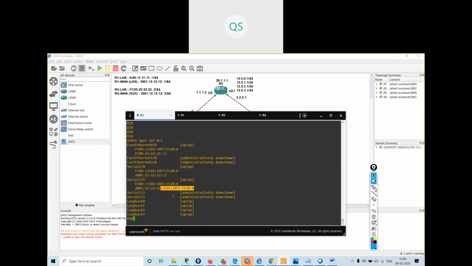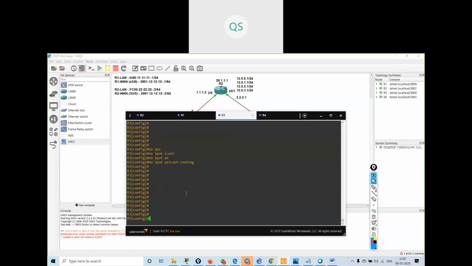Now I will not configure it manually. I will get it from the router. Previously we did manual configuration over here. Now on the other side of the router, I will be doing auto configuration.